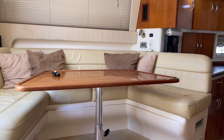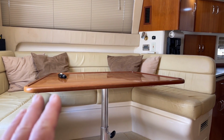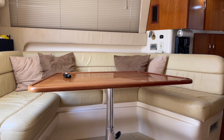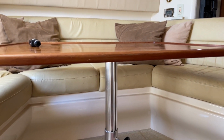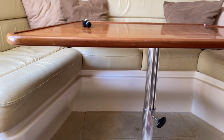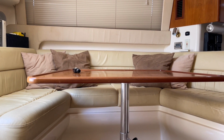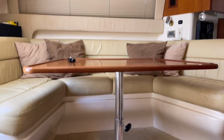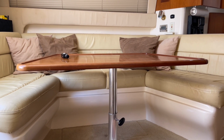And that is a very large dining area. Probably fits 1, 2, 3, 4, 5 people, 4 people super comfortably. And you can see these little ridges down here. The table drops down into here, and then you put the cushions out and it makes into a bed. So with the fold out settee, you sleep 2, you sleep another 2 over here, and then in the forward